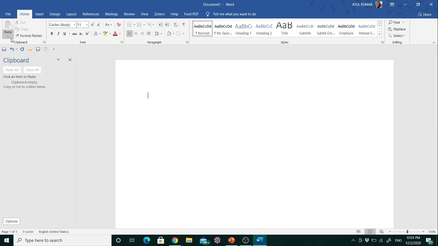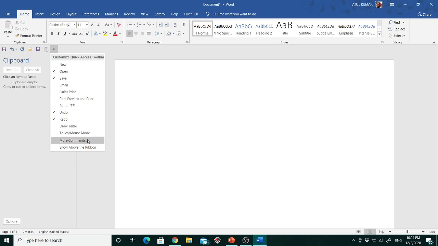This is the whole ribbon that contains different tabs, and under different tabs we have different groups for different kinds of commands. If you want to show this quick access toolbar below the ribbon, then it will look like this.